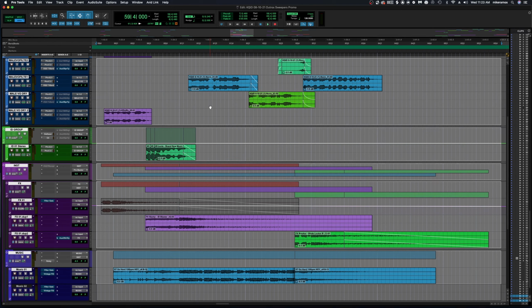And this week I'm going to be going over another really cool way to chop up your audio in Pro Tools and do it really easily and cleanly. But first, let me play this sweeper, and then I'll show you how I use this technique to chop up VO, samples,